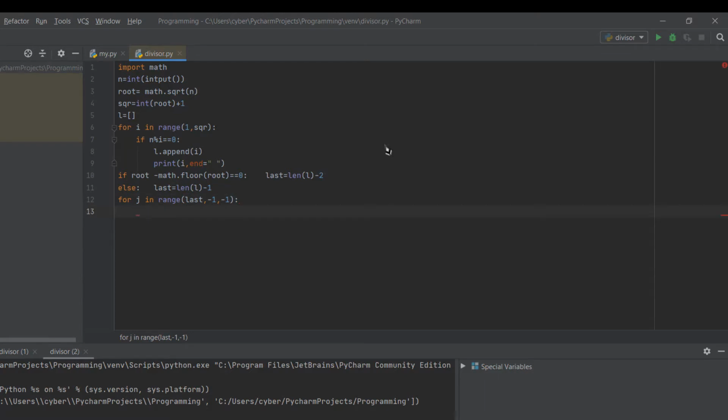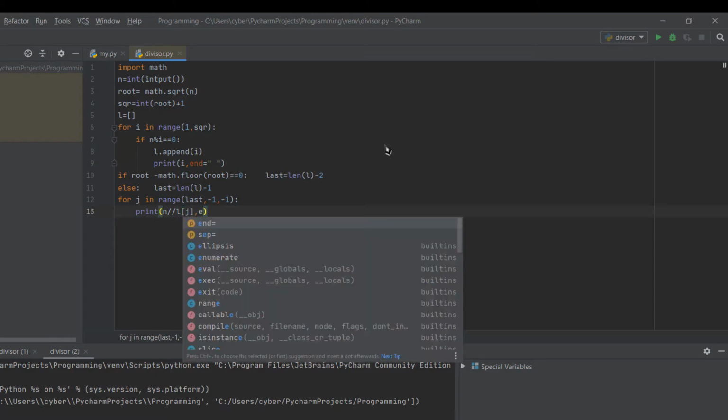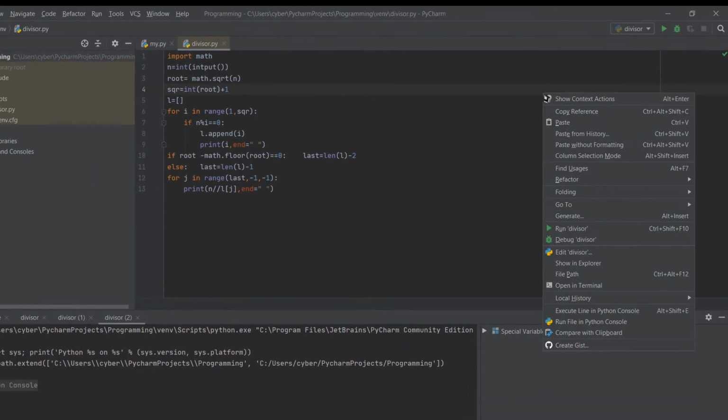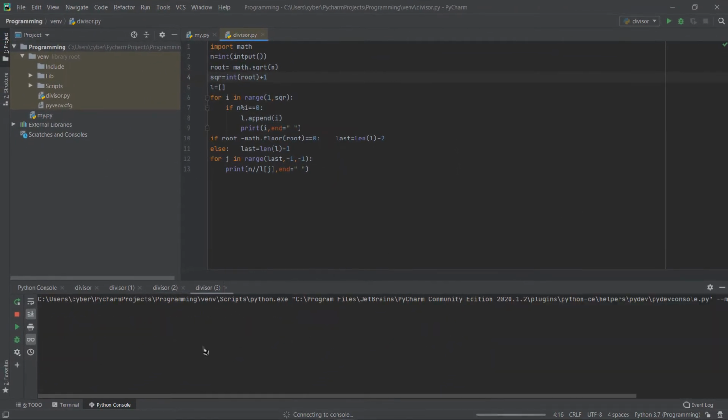Now what we have to do, you have to just print n double divide by L of J. We are using double divide just to convert that number into an integer, not as a floating point, because once we divide a number, it is just going to return it in a floating value in Python. And here we can just print and is equal to, and we can save our code, run our code, and